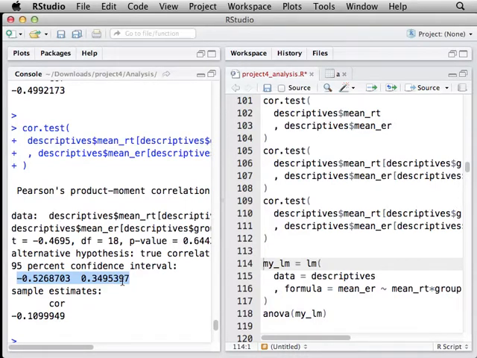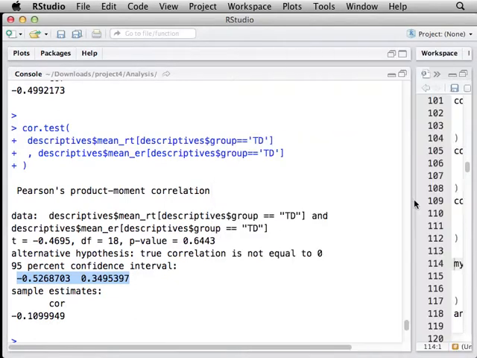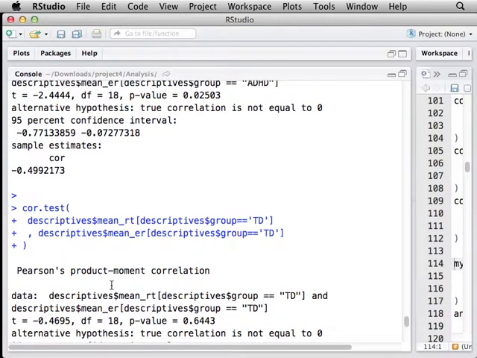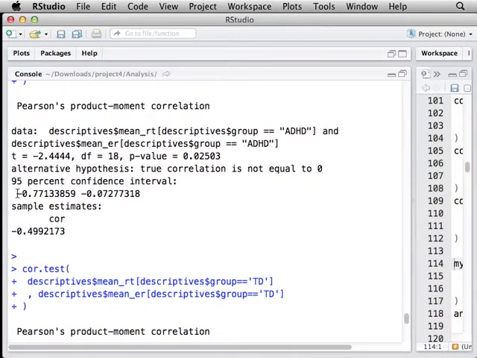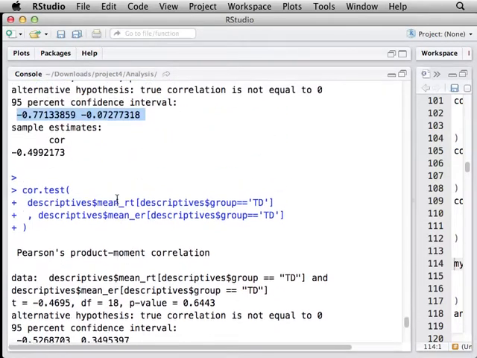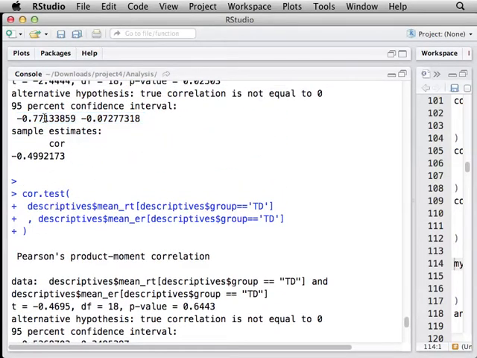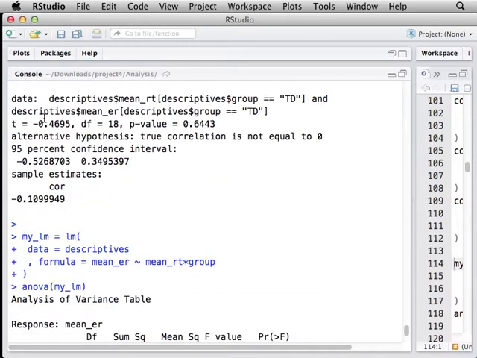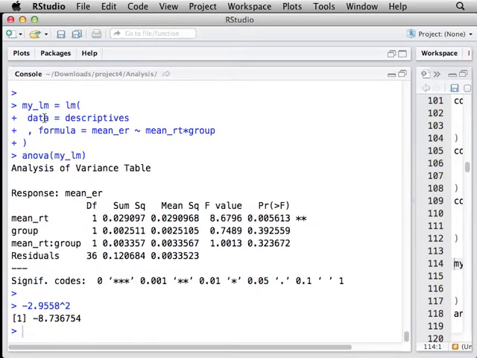The confidence interval for, I guess this was the typically developing group, was -5.2 to 3.4, and the confidence interval for the ADHD group was -7.7 to 0.2. Imagine 5.2 is pretty close to 7.7. So there's quite a bit of overlap between the confidence intervals of those two groups. That would suggest that our logical conclusion that there's a difference between those two groups is